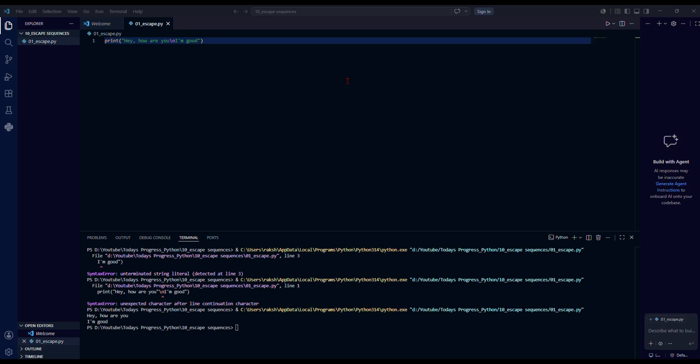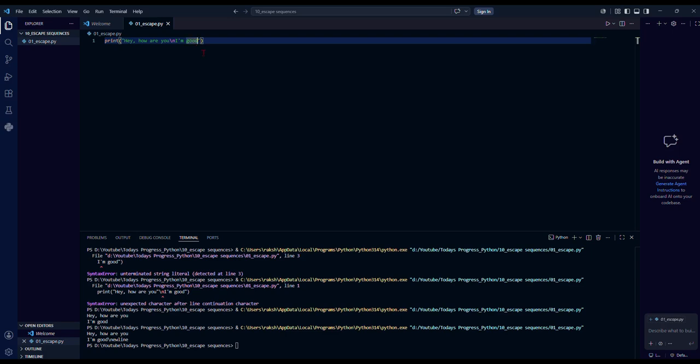Characters like backslash n are called escape sequence characters. These are special characters in Python which have special functionality like printing a tab or printing a new line. Let me also show you some other escape sequence characters. You can print a new line, you can print a tab. Sometimes you need to print a backslash literally. This will create confusion because backslash n is already an escape sequence character. Maybe I want to print one backslash, then I want to print a new line,